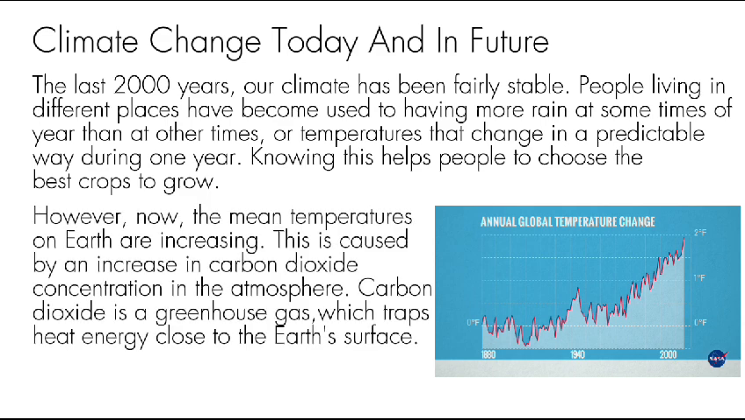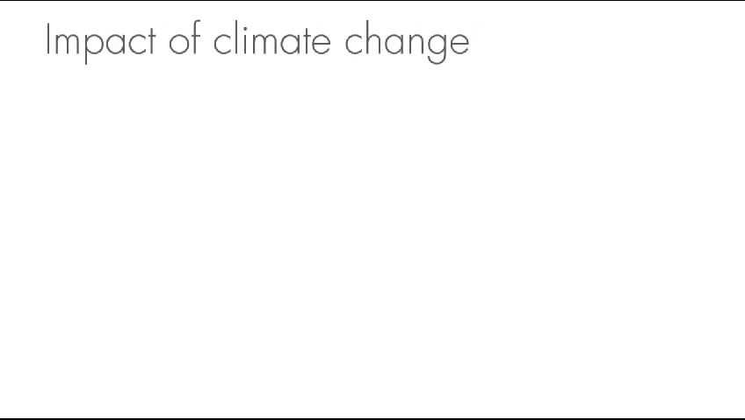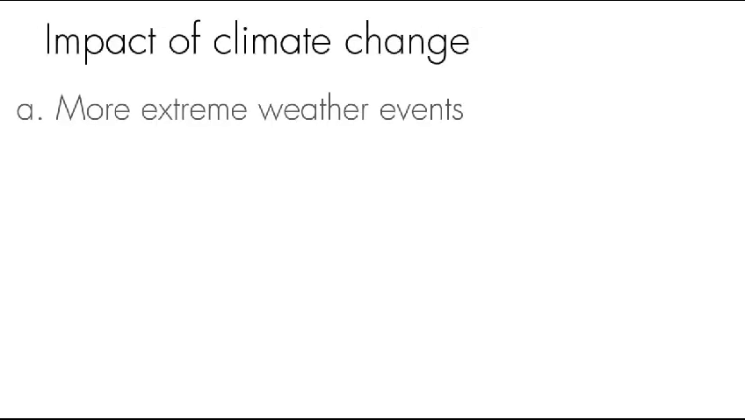However, now, the mean temperatures on Earth are increasing. This is caused by an increase in carbon dioxide concentration in the atmosphere. Carbon dioxide is a greenhouse gas, which traps heat energy close to the Earth's surface. When carbon dioxide concentrations increase, more heat is trapped. Impact of climate change. A more extreme weather